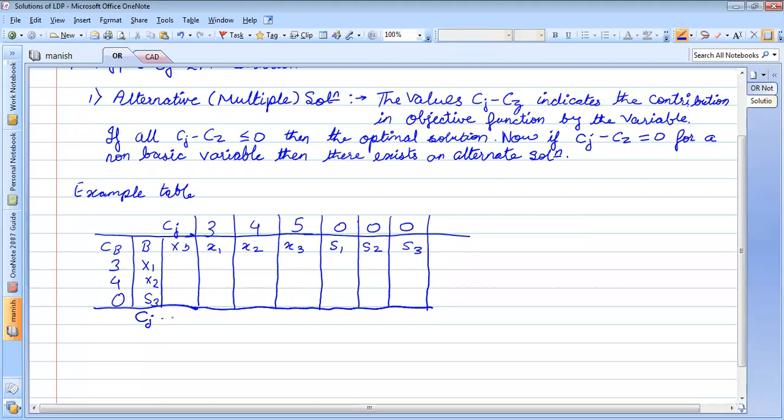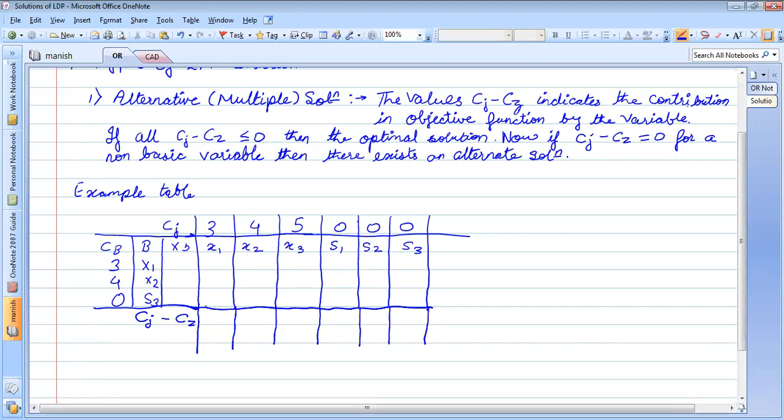Somewhere it may also be written as Zj. That is not a problem. You can write Cj or Zj. That is your wish. Some books may be using Cj, some books may be using Zj. Whatever you want, you can use it. No problem at all. Okay.